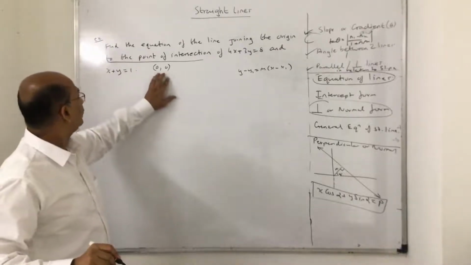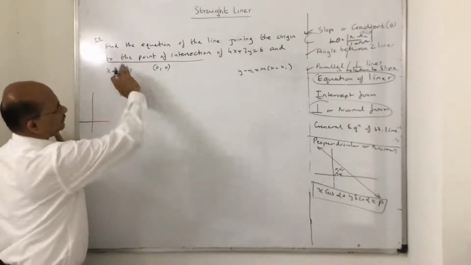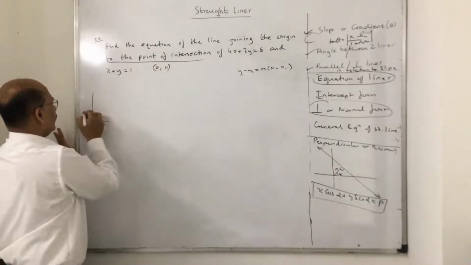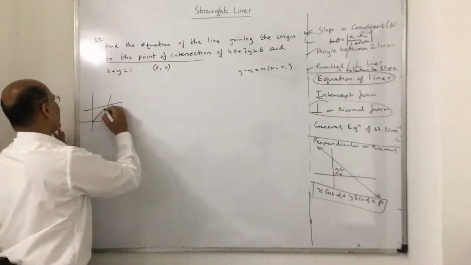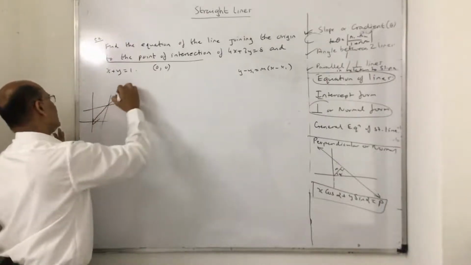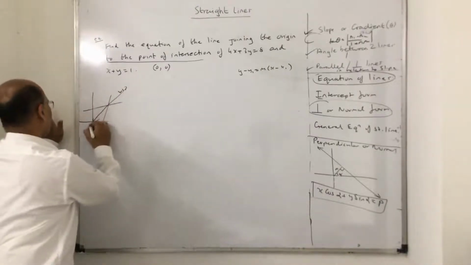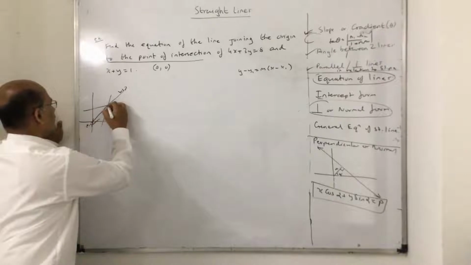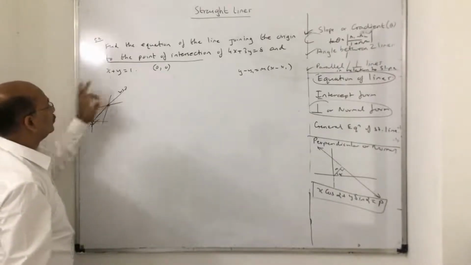1 point we already have. Suppose I am not presuming that these lines are this. So what they are telling, this is the line, suppose. So from the origin, find the equation of this line L1. So if this point is already there, 0, 0, this point of intersection you can get. How can I get the point of intersection of two lines?